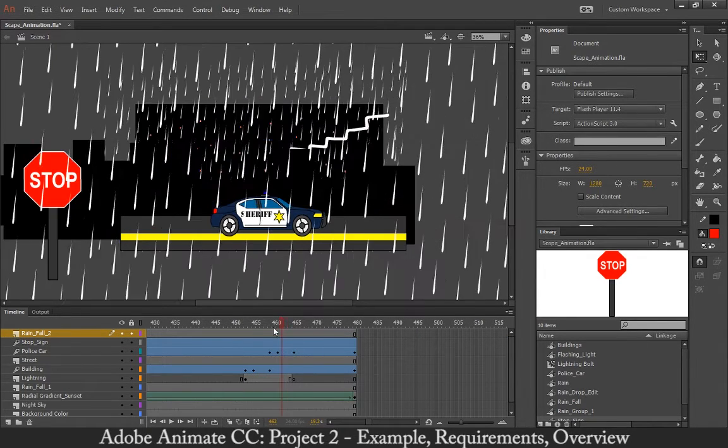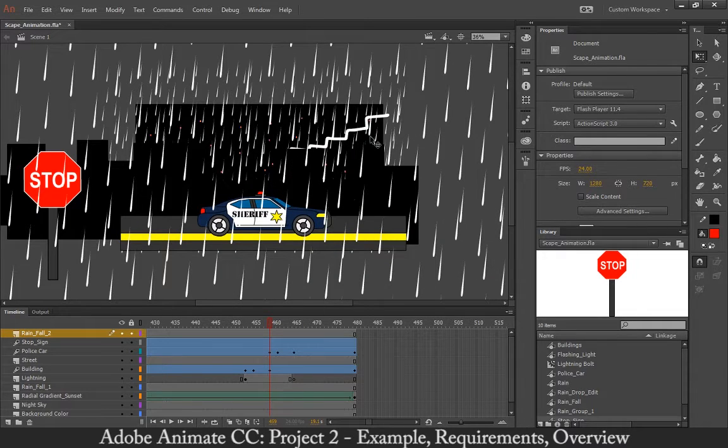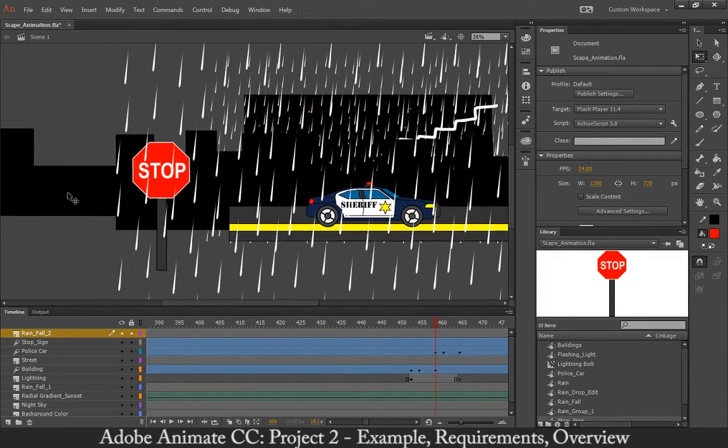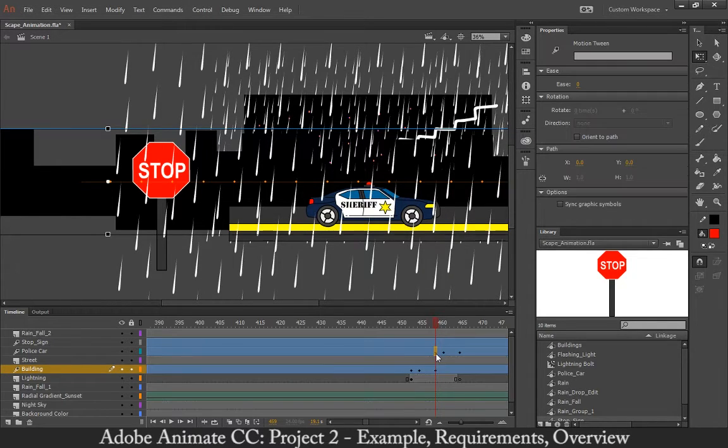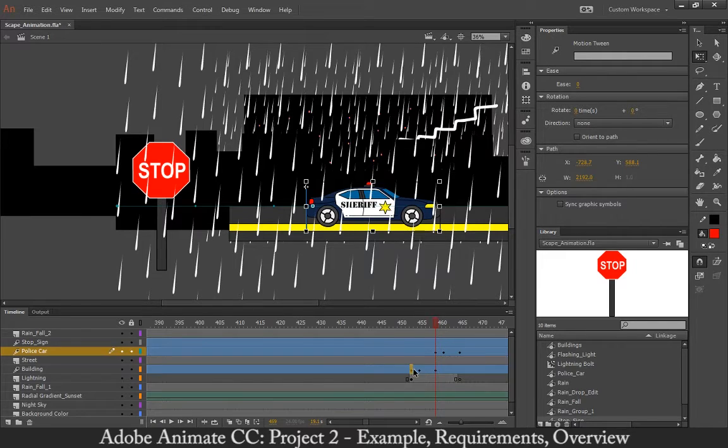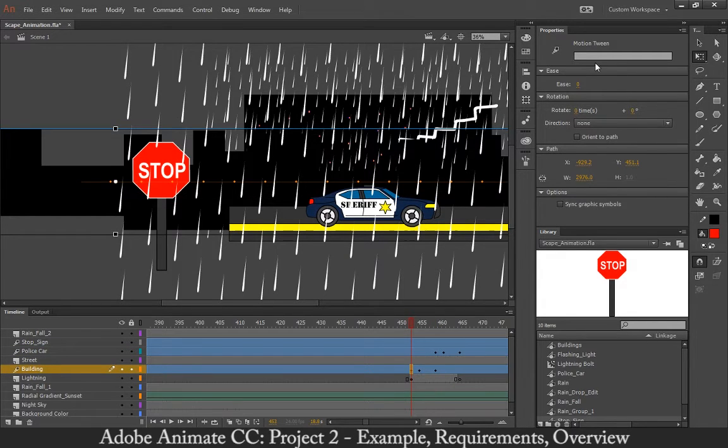And then I've got one little tip that I haven't covered with you, which is how to make these turn white or whatever you want it to turn through the color effect and motion tweens. So using the motion tween on my building, it also allows me to key the properties in here. So I have it set to begin to animate here on frame